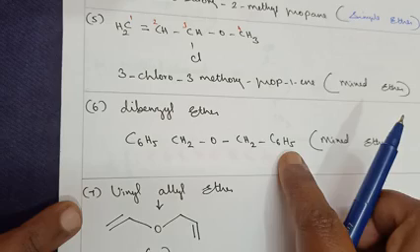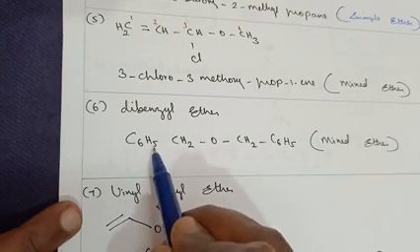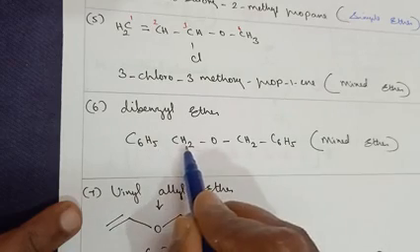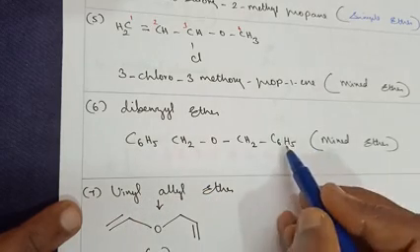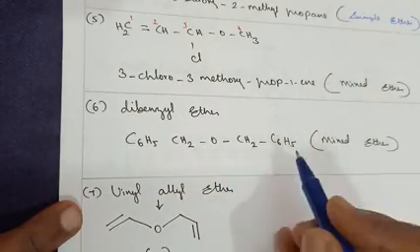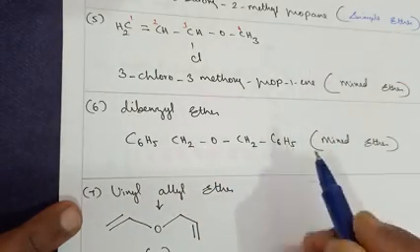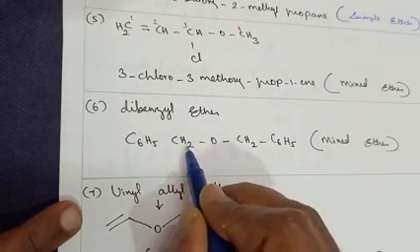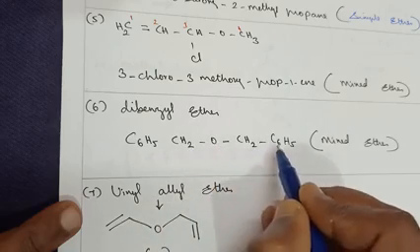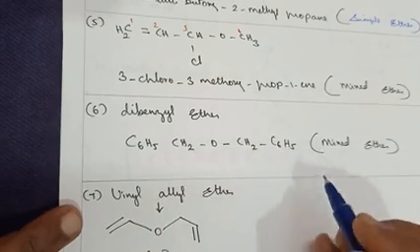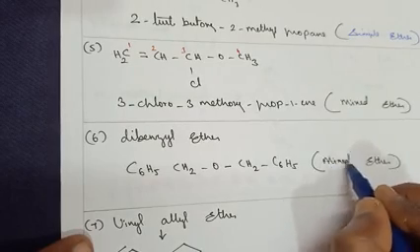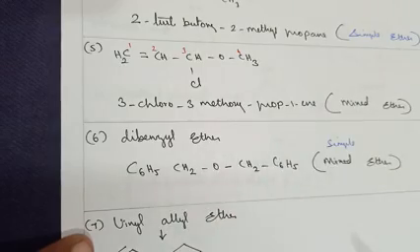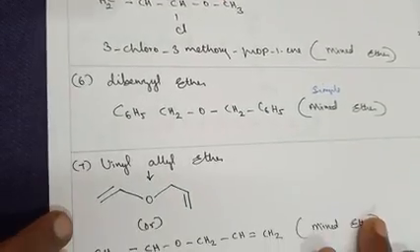Dibenzyl stands for two benzene groups, that is C6H5. In benzene, C6H6, one hydrogen is replaced with the CH2. Similarly, di stands for two benzene, so in another benzene, one hydrogen is replaced with the CH2. So C6H5CH2OCH2C6H5. Here again, it's not a mixed ether. I'm sorry, it should be a simple ether, because on either side of the oxygen we have a similar group.